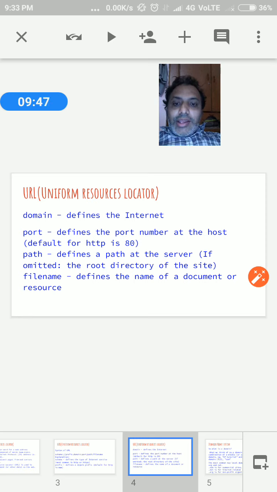Okay, and then the next field is the file name, which defines the name of the document or resource. At the last part we have the file name: which file you want to access from the web server.